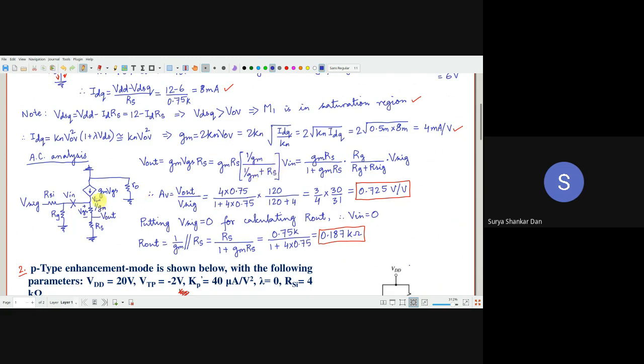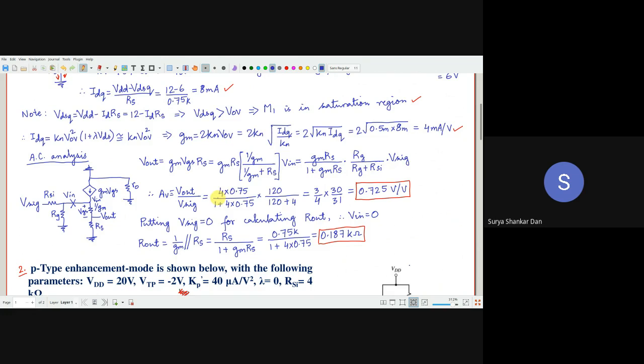Nice. Now, what is the value of Vin? Vin is again the potential divider between Vsig and Rg. Remember, there is no current over here. So Vin will be equal to Rg by Rg plus Rsi. Here I have essentially multiplied numerator and denominator by gm. Then essentially it becomes gmRS by 1 plus gmRS, and this is the equation. Now you have been asked to find out the voltage gain. So Av is defined as Vout by Vsignal.